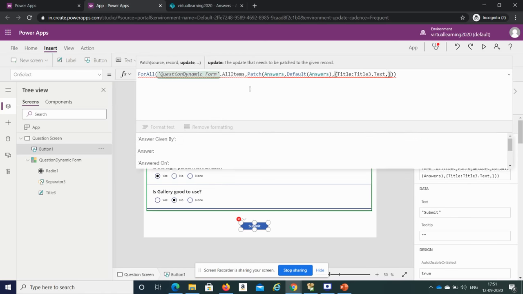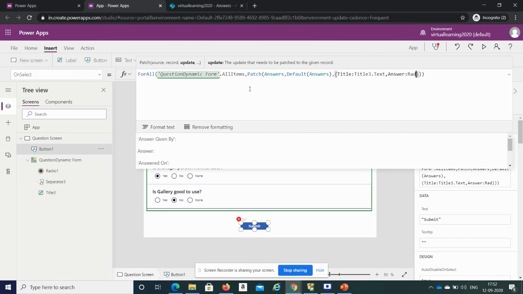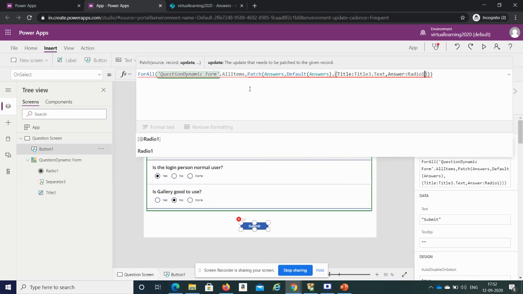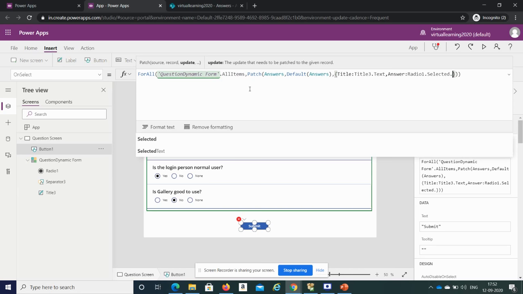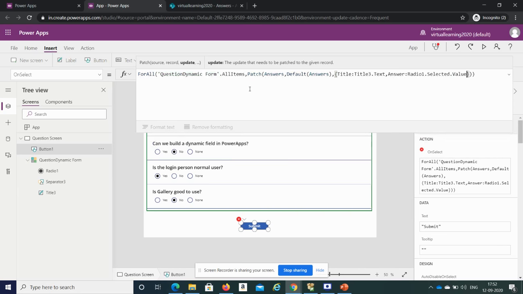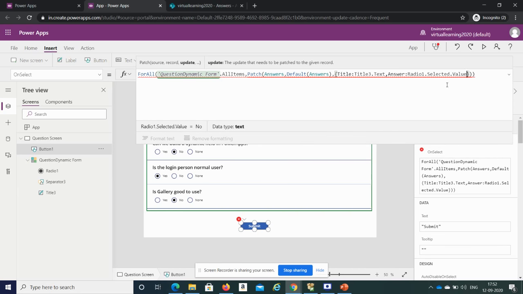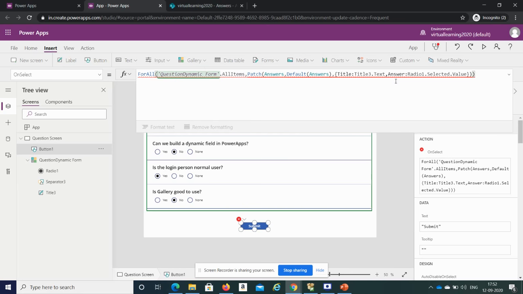So we are going in a good direction. And answer, in answer we will have Radio1.Selected.Value. Again it is showing some issue. Oh, what is that?